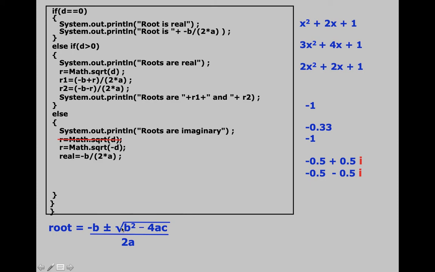Okay. All right. Now tell me, how will you find the imaginary part, this part? Okay. Don't forget this is now variable r. This is variable r. So the imaginary part will be r upon 2a. Now the value of r is also 2 in our program. So this will become 2 upon 2 into 2. So again it will be 0.5. Okay. This real part is minus 0.5. Imaginary part is 0.5. So now you got the real part separately. You got the coefficient of the real part separately. And you got the coefficient of the imaginary part separately.